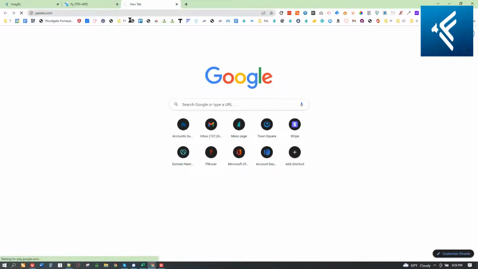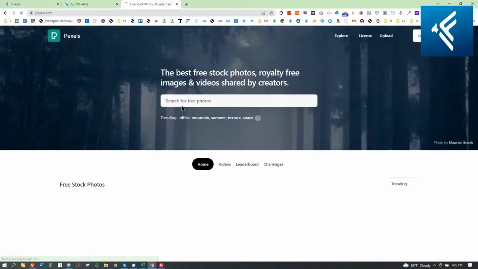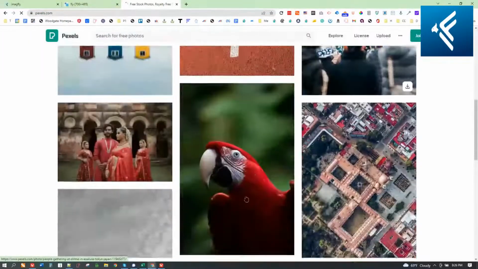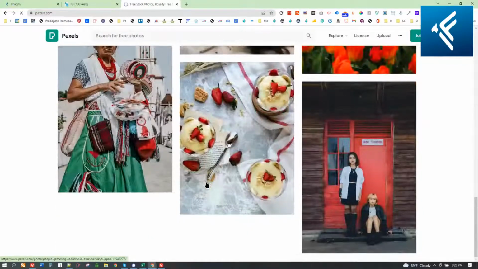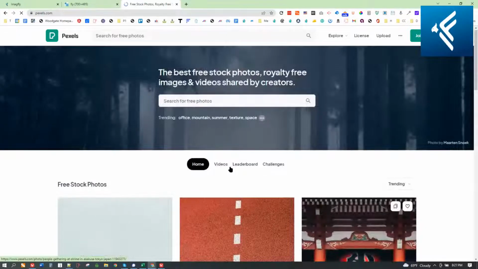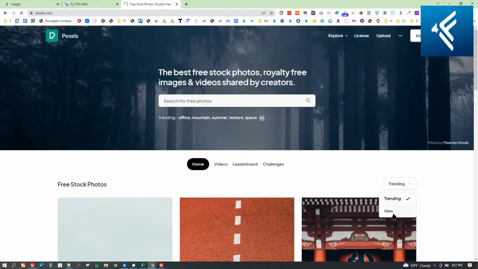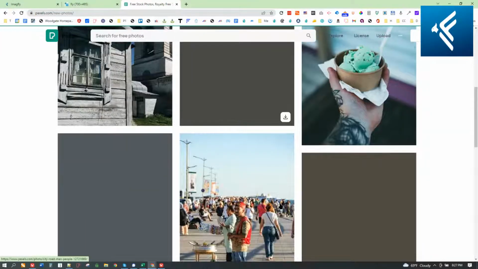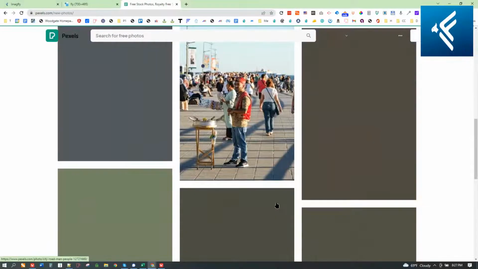I'm just going to use Pexels, but you could use wherever you have images hosted, or if you know of a place. But let's take an image that we just want, maybe something that's more of a landscape. Let's take a look. A lot of vertical images here.